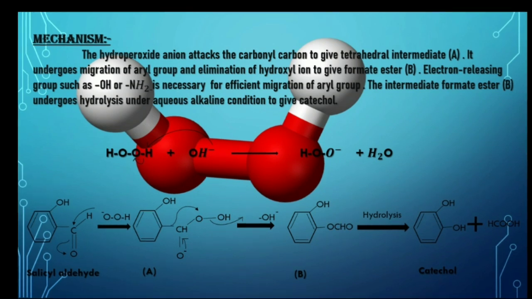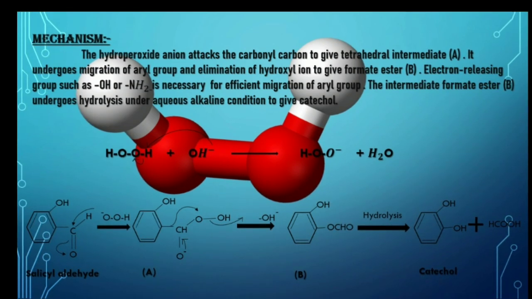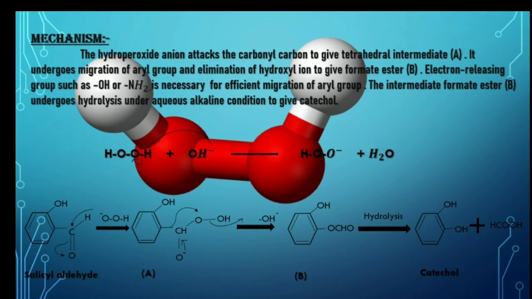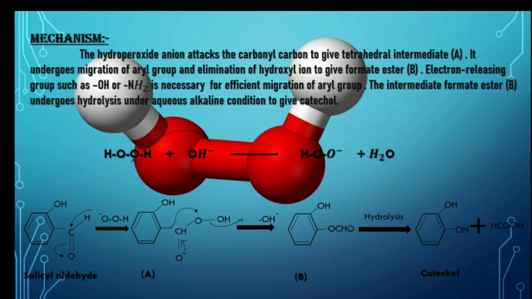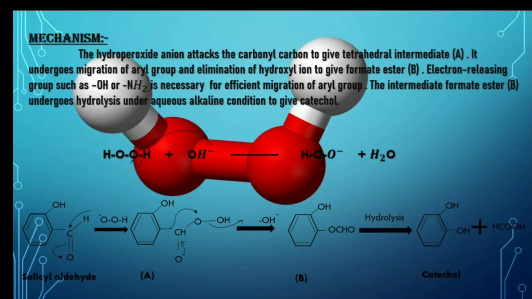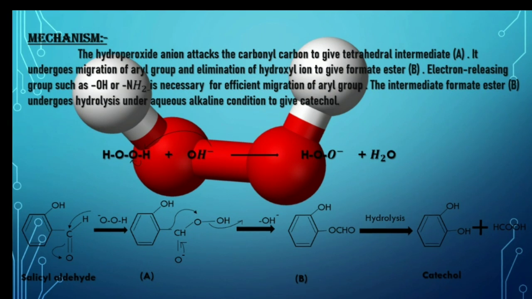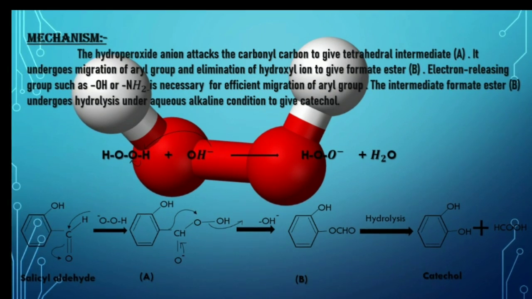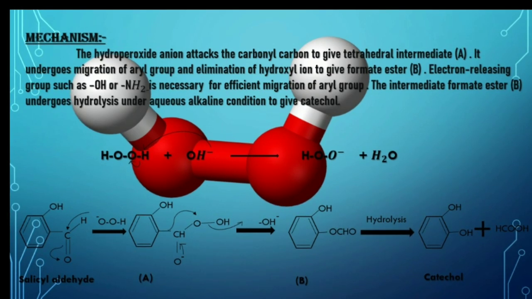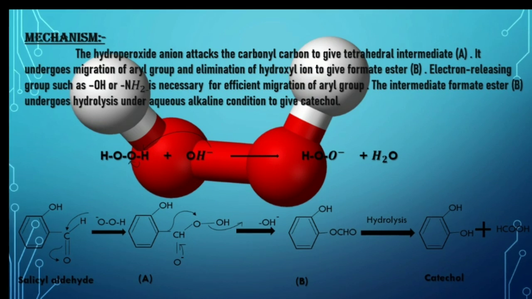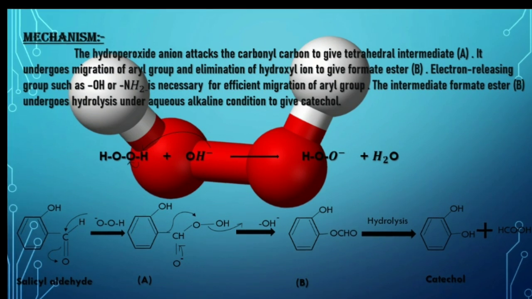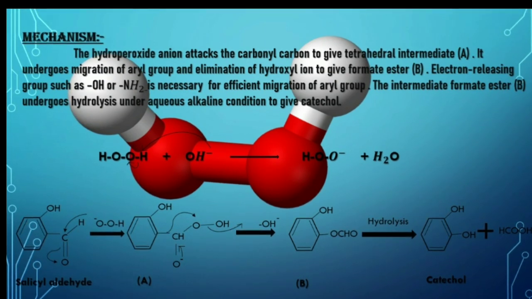Therefore, the nucleophile prepared from the hydrogen peroxide simply attacks at this carbon, which leads to the formation of an intermediate A. Here, the hydroxyl ion or OH- ion ultimately gets detached. Due to this, oxygen becomes electron deficient, and at this point, rearrangement takes place and leads to the formation of an intermediate B. And this on hydrolysis gives the product, ortho and para substituted dihydroxybenzaldehyde, and the corresponding carboxylic acid is formed.